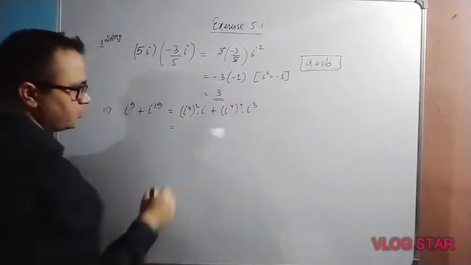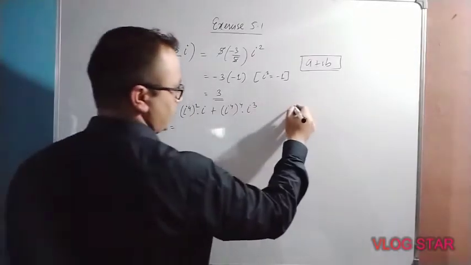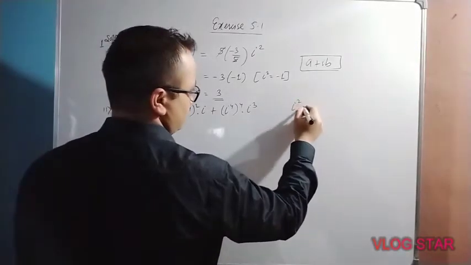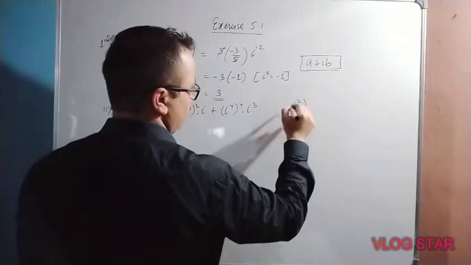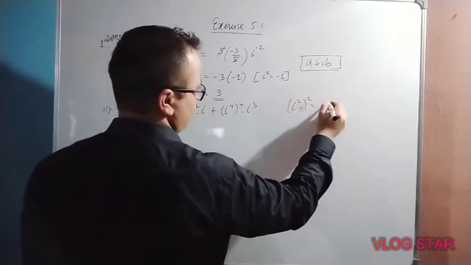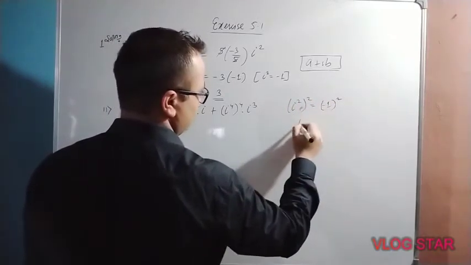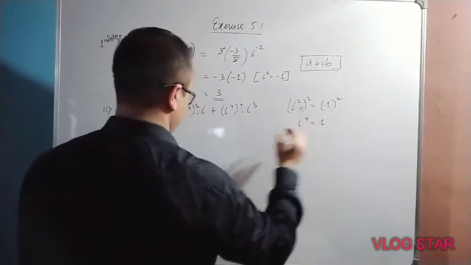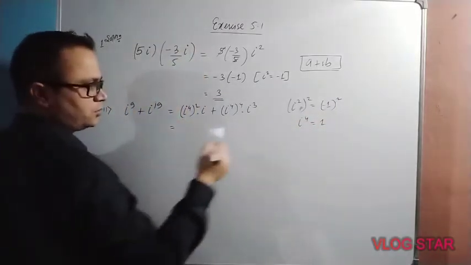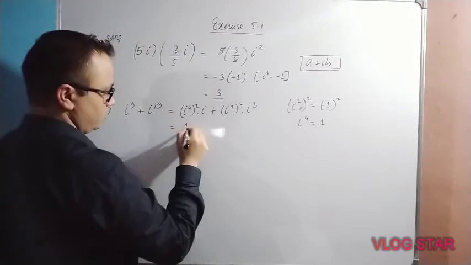So i to the power 4 is i square whole square, which is minus 1 square. So i to the power 4 equals 1. So instead of i to the power 4 we will write 1. 1 into i